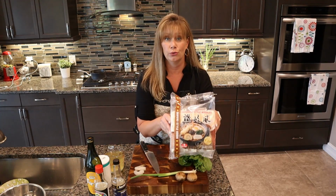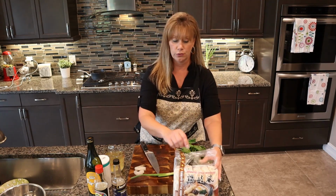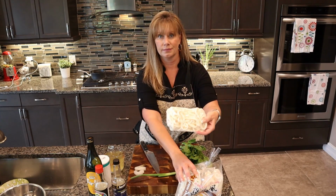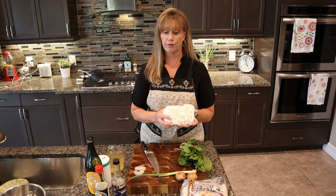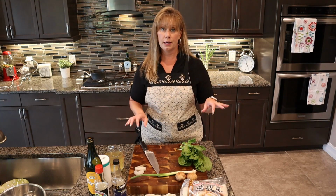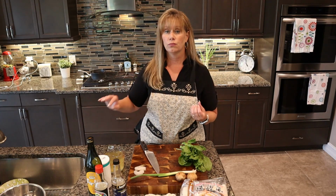Japanese udon noodles. Now you can find these in an Asian market, either fresh, but more typically frozen like this. If you don't have an Asian market close by that you can pick up either fresh or frozen udon noodles, they do sell them dried in a package. You would just need to follow the instructions on how to cook those, strain them, rinse them with cold water,